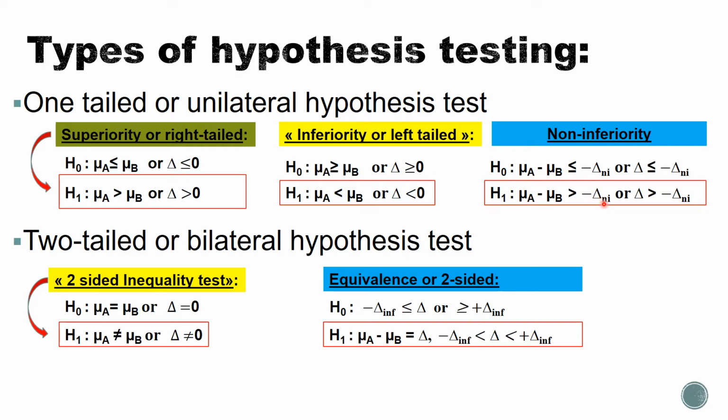They would say, maybe we accept that the new treatment might be worse, but the difference shouldn't be less than a given margin, so that if the alternative hypothesis is true, people will still buy the drug, because the new treatment is not much worse than treatment A, and